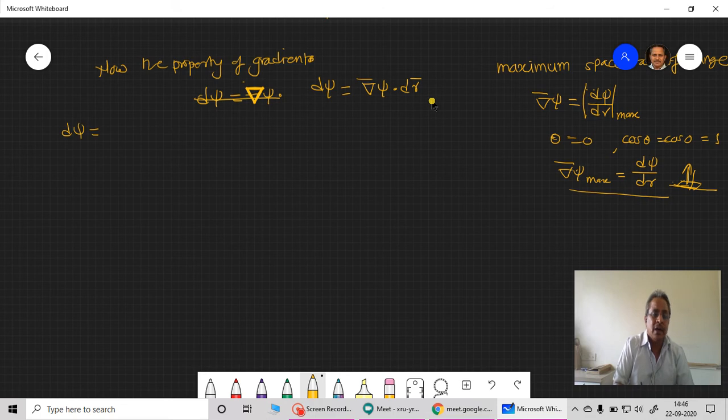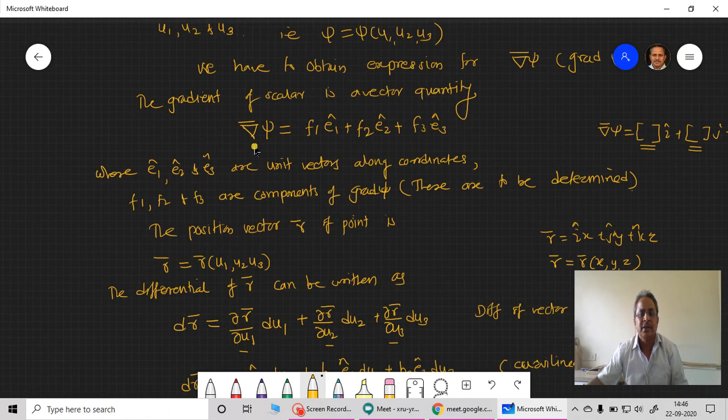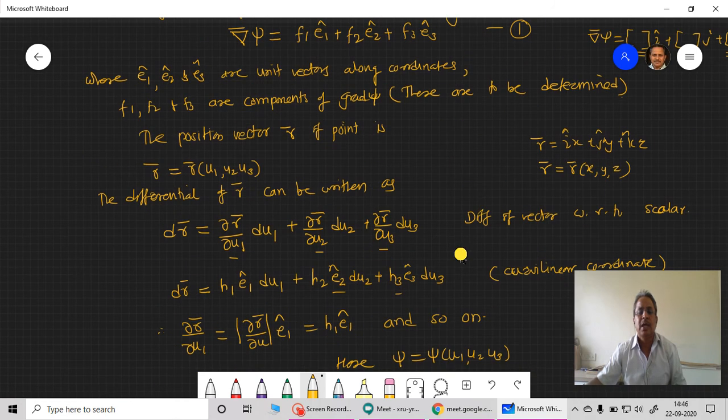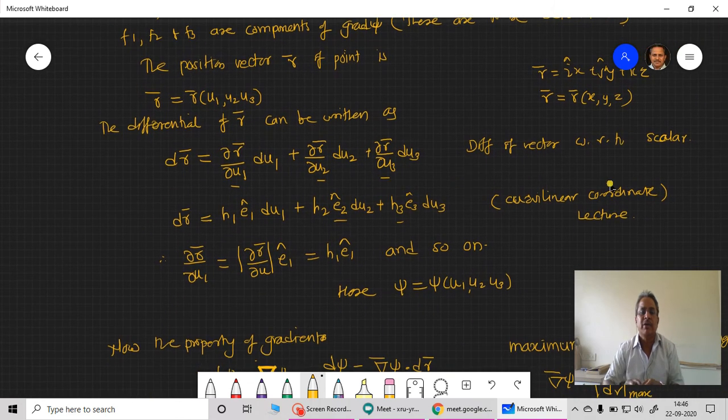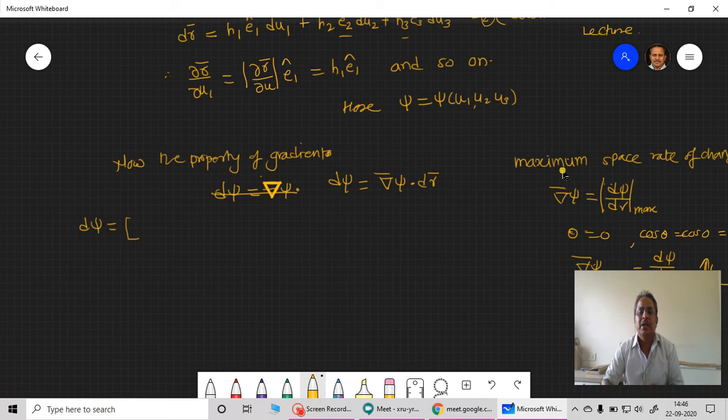Now earlier in our first discussion we have written this. Look at this, where we have started with this. We have written this grad psi in the vector form as this. I can number it if you want, this is called equation 1. Then I can call this equation 2, this is dr bar, the differential of that vector, and here you can call this 3.